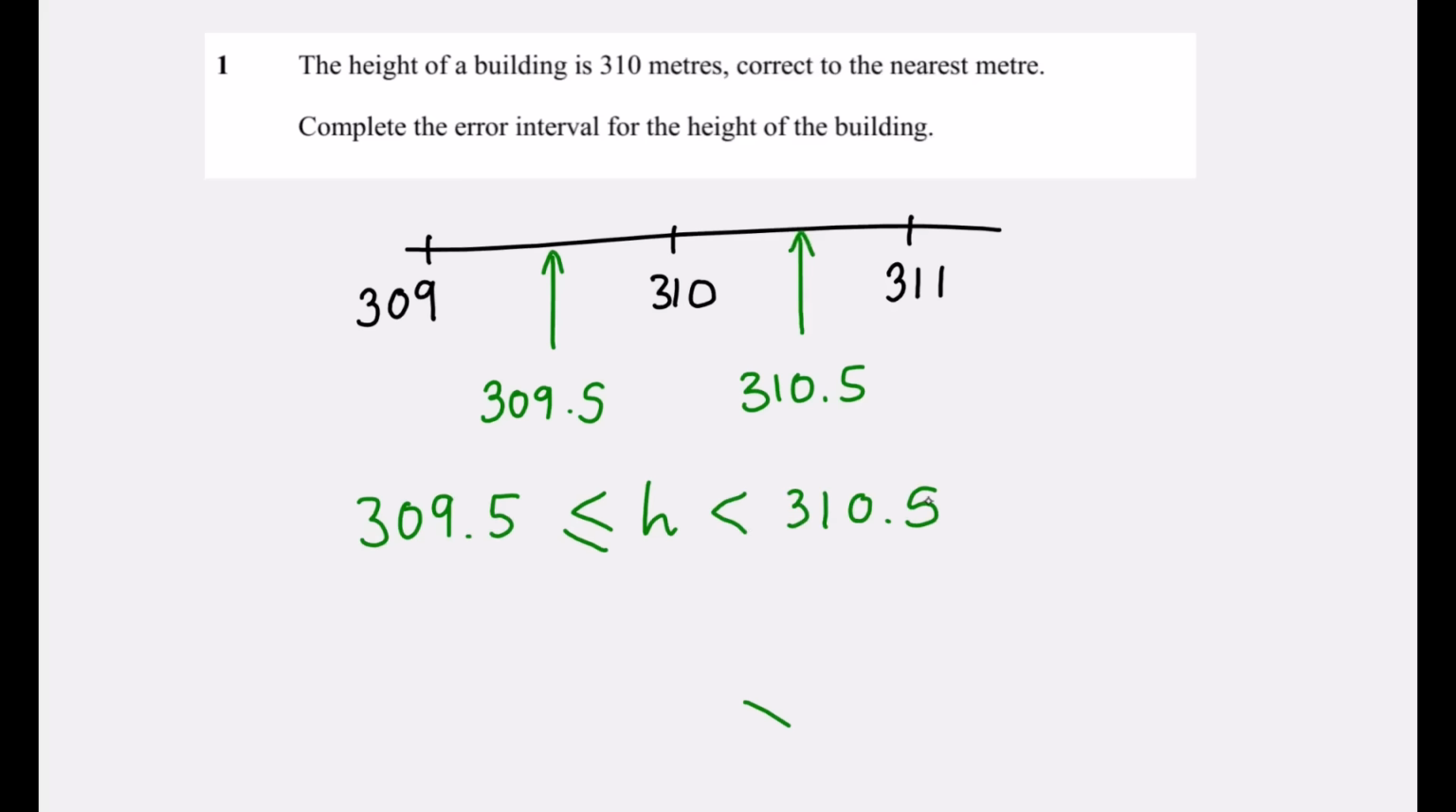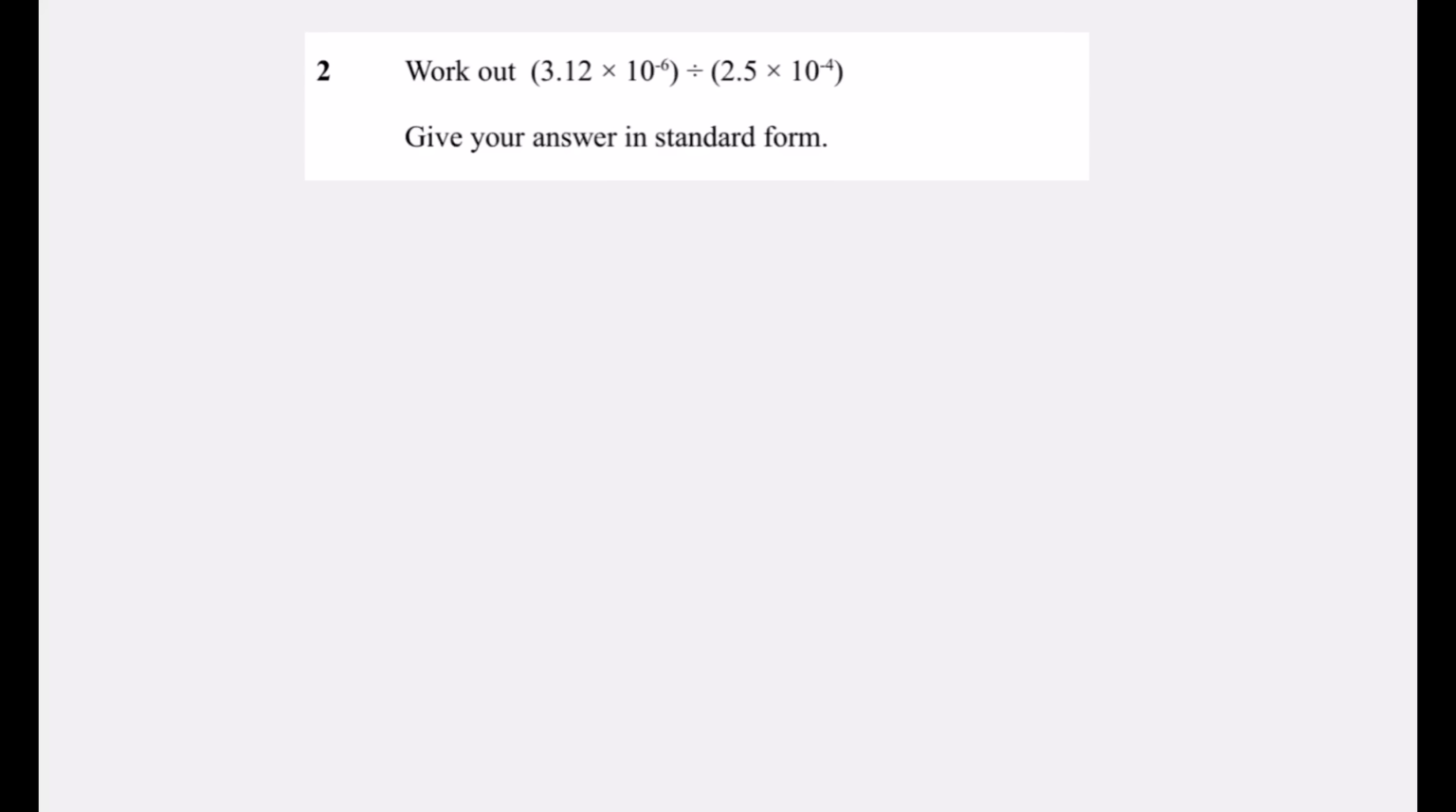310.5. Because if it was exactly 309.5, we would round it to 310. But if it was 310.5, we would actually round it to 311. So it's less than 310.5, but it can equal 309.5. Question 2. Work out 3.12 times 10 to the power of negative 6 divided by 2.5 times 10 to